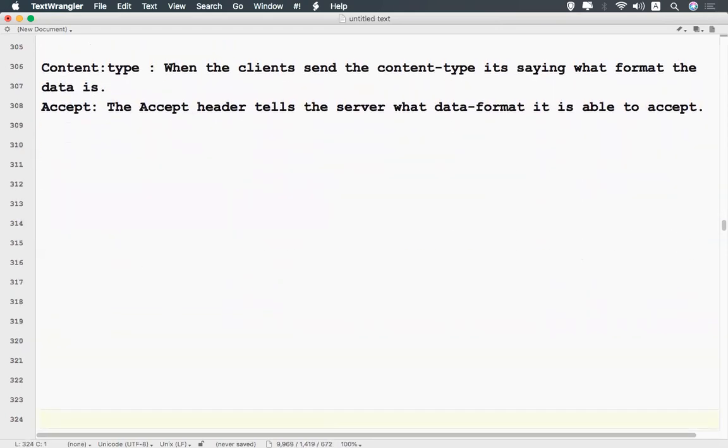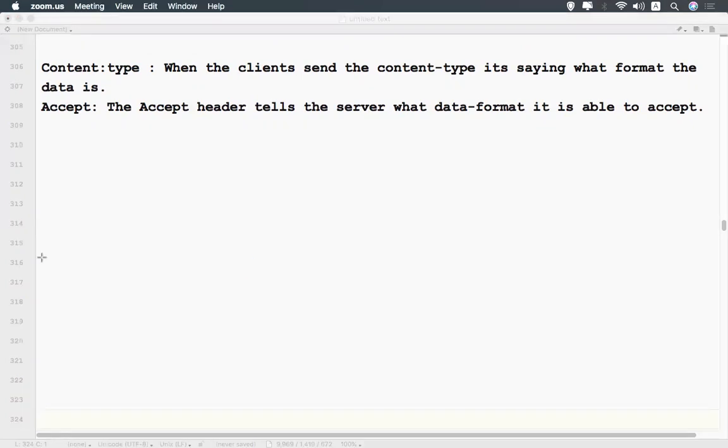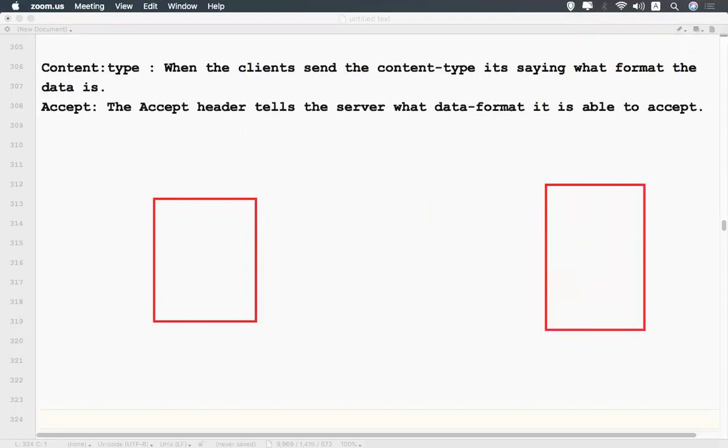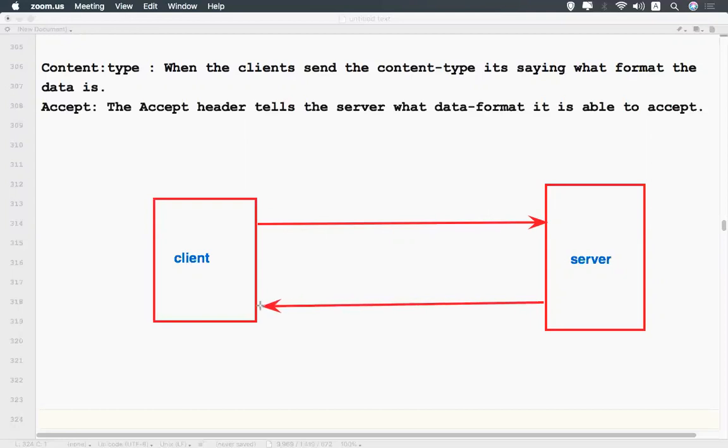So when you take the same thing, if you have a client and the same way a server, so this is the client and this is the server. It sends the request and it will get the response.